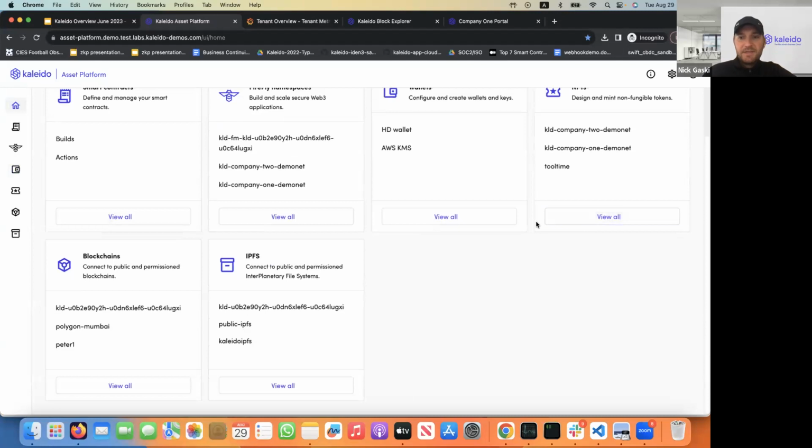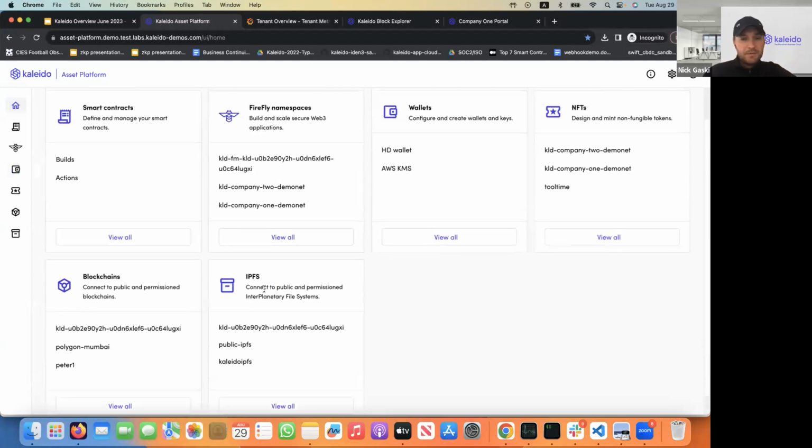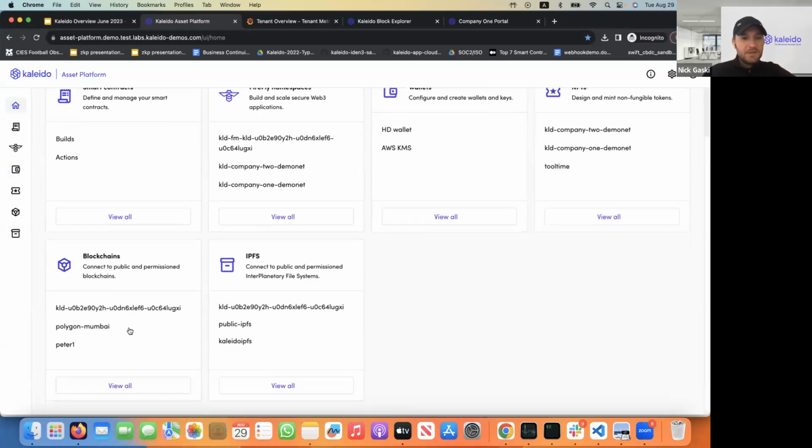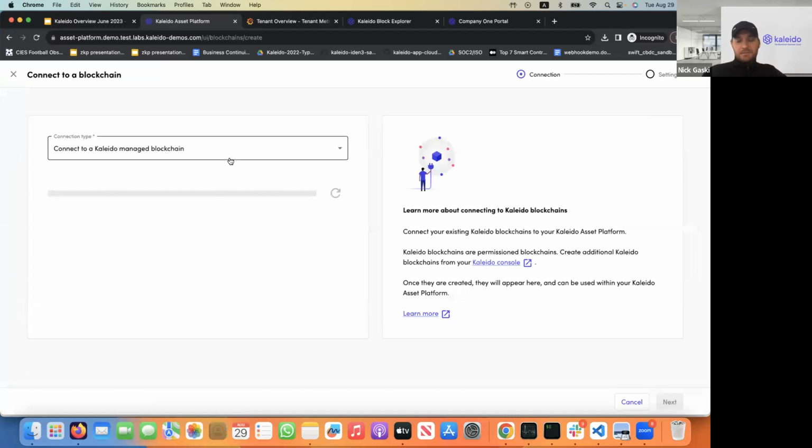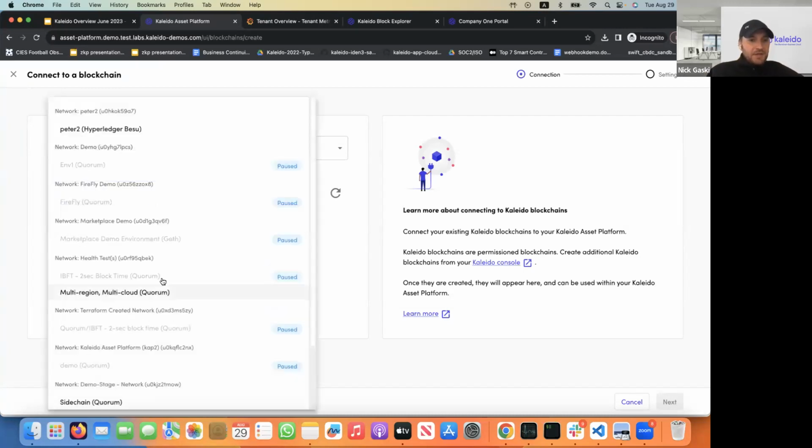Okay, I'll jump into the NFTs and we'll do a lightweight walkthrough. And then maybe let's look at the blockchains first, and then we'll do the NFTs. So I did mention that we can connect to any Kaleido blockchain and it will auto detect your infrastructure under the covers. It does that with an organizational API key, right? Think of a bearer token that can call your admin API surface. So it's just scraping a query for what you have in your organization. So if I said connect to a Kaleido managed blockchain, it'd say, hey, here's all the stuff that you have. It's Quorum, it's Besu,